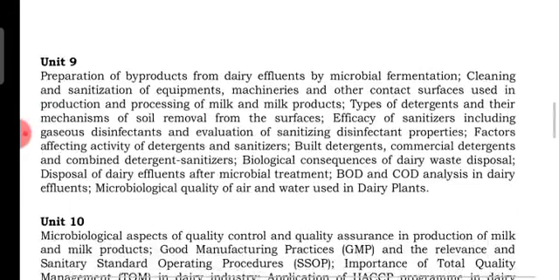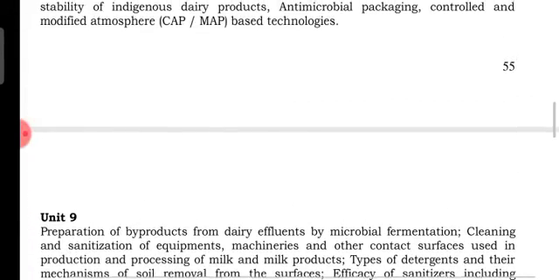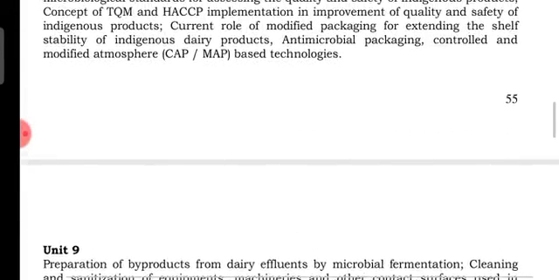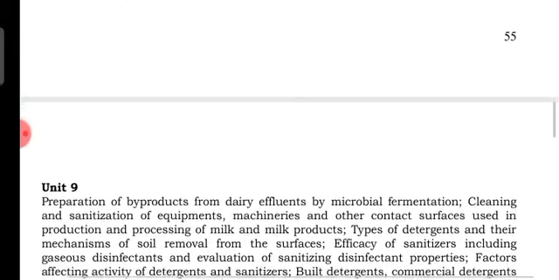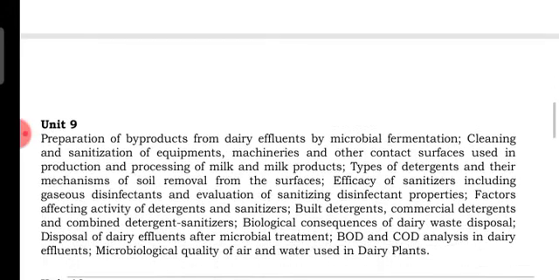Unit number 9 is preparation of byproducts of dairy effluents, microbial fermentation; cleaning and sanitization of equipment, machinery and other contact surfaces used in the production and processing of milk and milk products; types of detergents and the mechanism of soil removal from the surface; efficacy of sanitizers